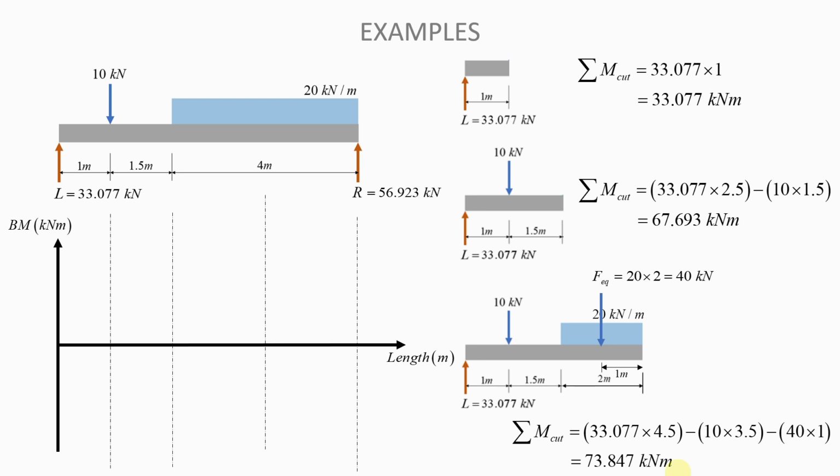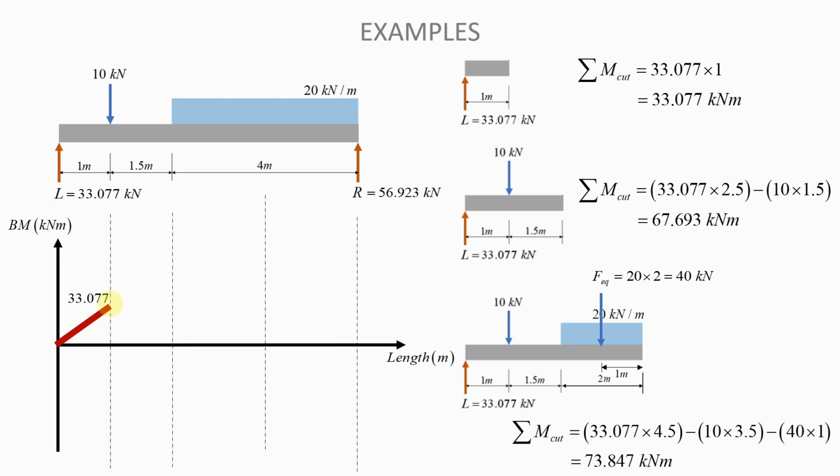And so now that we have the moments at all the locations of interest, we can go ahead and draw the shear force, the bending moment diagram. Remember that we always begin at 0. At this location here, we have found that the moment is 33.077. So from 0, we will draw a line to